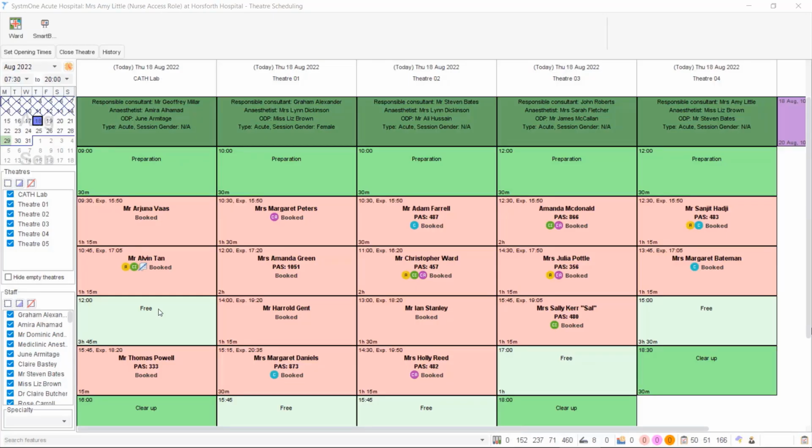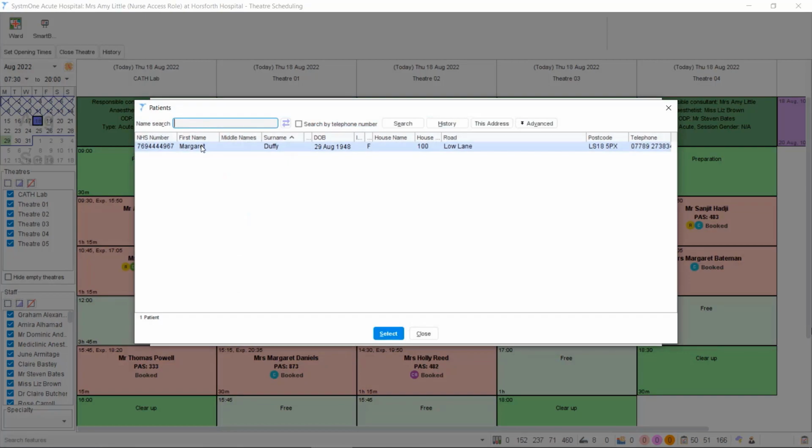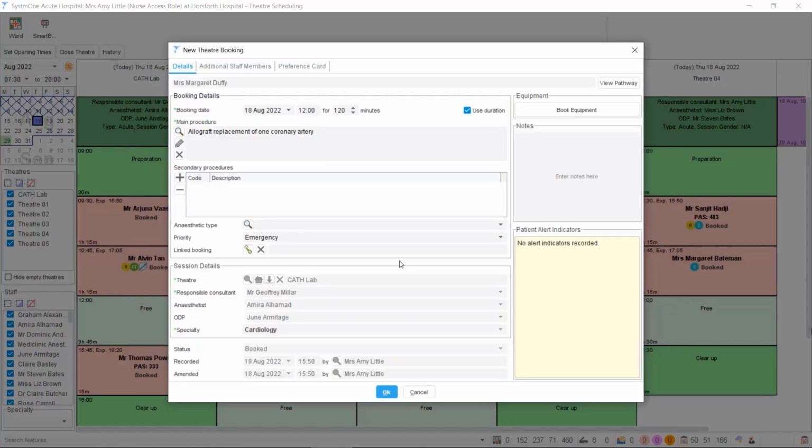Procedures can also be booked from the scheduling screen, and I can choose to select the patient from the relevant waiting list from here, or I can search for the patient that is currently admitted. Here I can quickly select the patient by using the search function, and then I can complete the procedure booking. We're going to fill in the rest of the details, where I can select the anaesthetic type, the priority, and